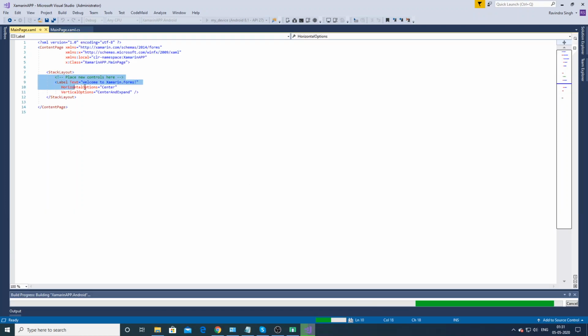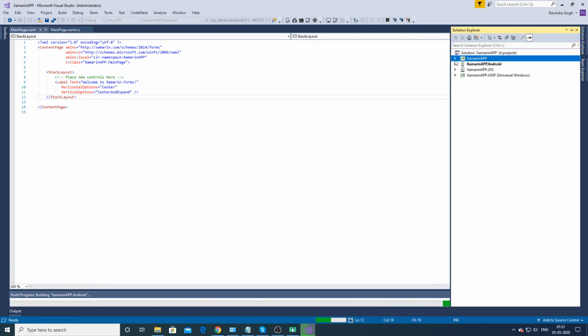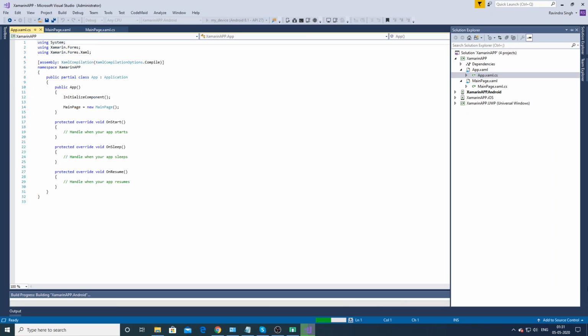Welcome to Xamarin Forms. Here Xamarin Forms provides by default two XAML pages. One is App.xaml, another is MainPage.xaml. Go to the App.xaml.cs page.